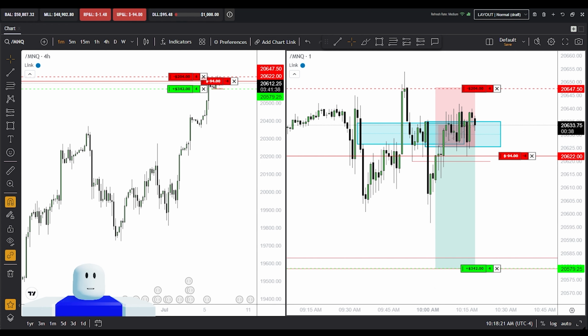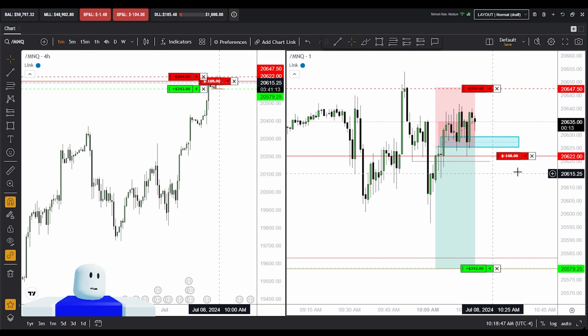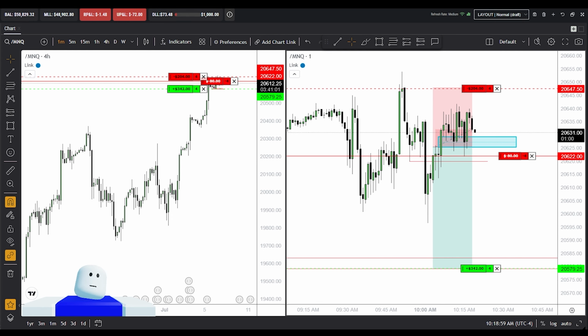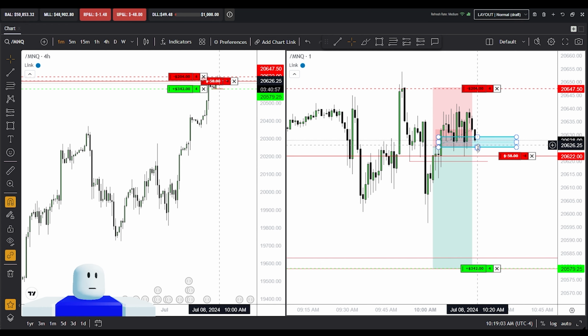Looks like this trade will turn out to be a loss, which I'm completely fine with. I followed my rules. I entered what I believed was a possible entry to the downside, and I'm going to wait for myself to be stopped out. If price gets below this, back into my entry, I'll put my stop loss at break even. But price has to break this low right here.